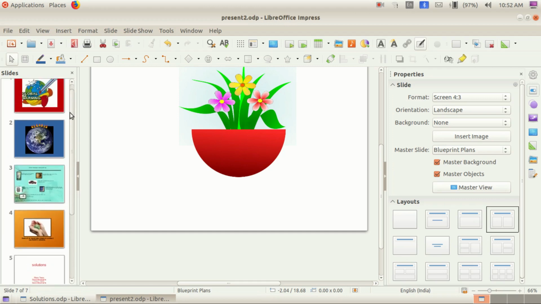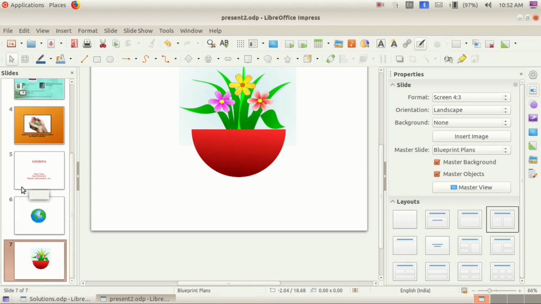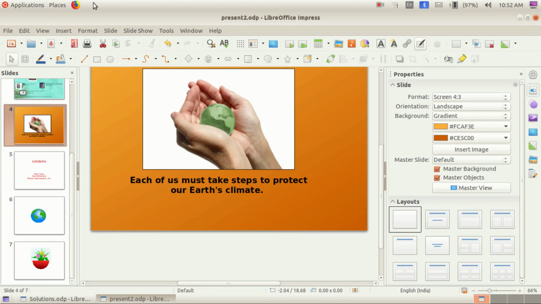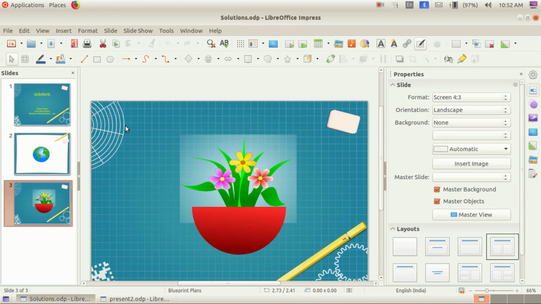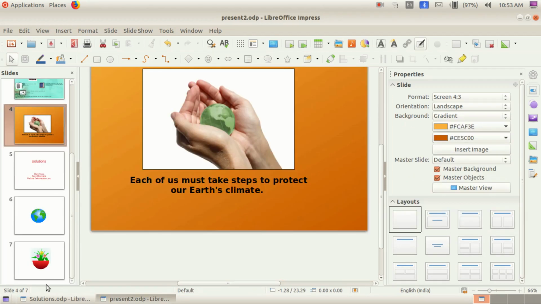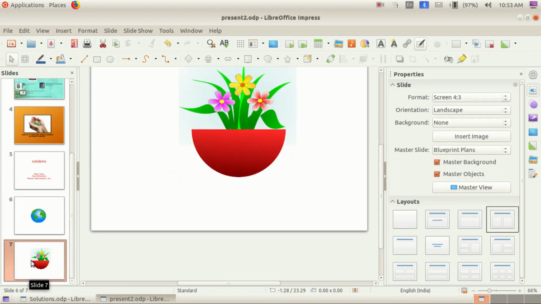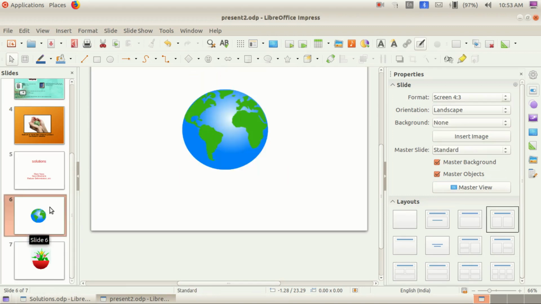Now how many slides here? 4, 5, 6, 7 slides. 4 slides were already here in this presentation. After that I inserted 3 slides from the solution also. It has the master slide background, so that didn't come there. You see that here there are no backgrounds. You can add backgrounds according to your wish. Is it clear, children?